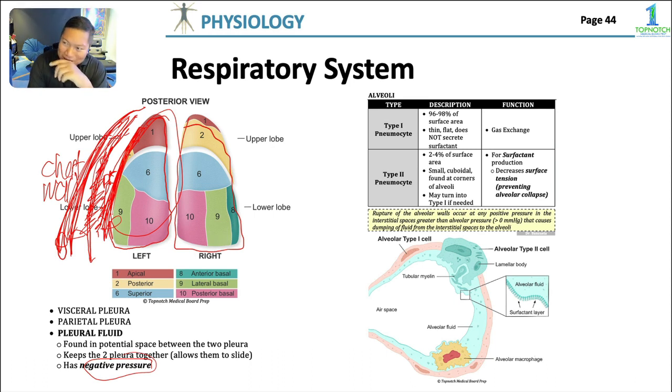So, Doc, what happens naman ngayon? Halimbawa, nasaksak yung pasyente. Okay? All the way to the pleural space between the visceral and parietal. What will happen? Well, blood and air will always flow from high pressure to low. So, in that scenario, if you create a hole from the environment going to the pleural space, we expect the pressure in the atmosphere to be higher than the pressure here between the visceral and parietal pleura. So air will enter this space, and when it enters, it will cause compression on the lungs and cause the